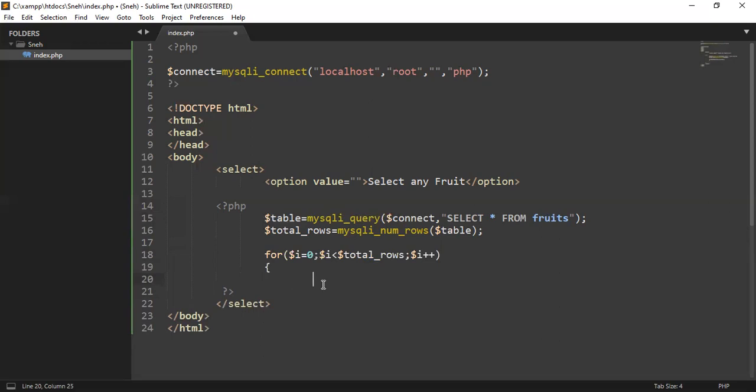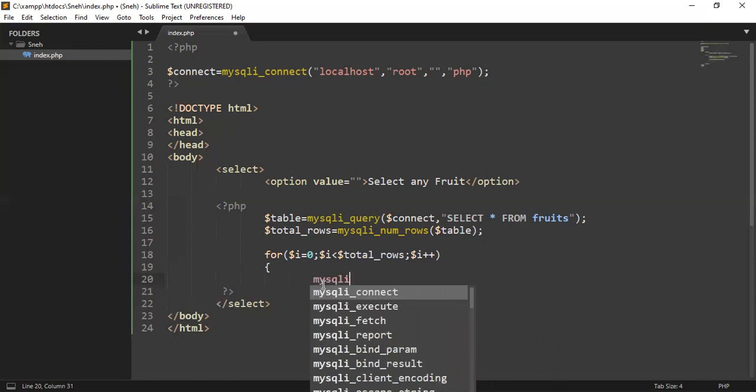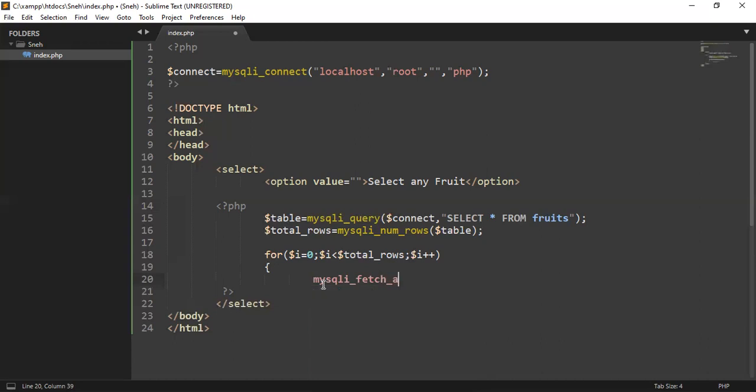There is a function mysqli_fetch_assoc. It is going to take a table, and it is going to return a row. Let me write row.